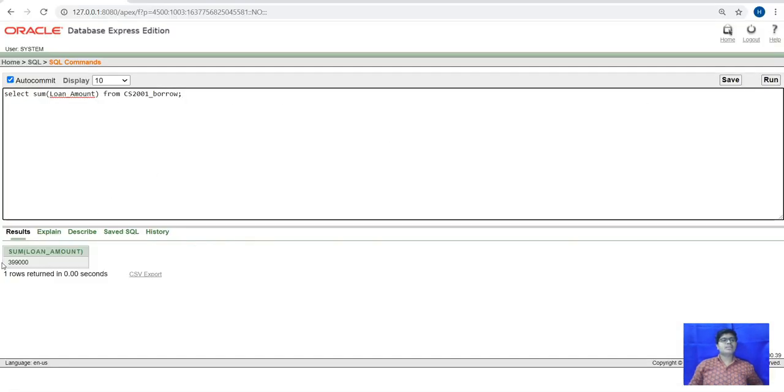When we run it, we will see the total loan amount printed in the output of the query.